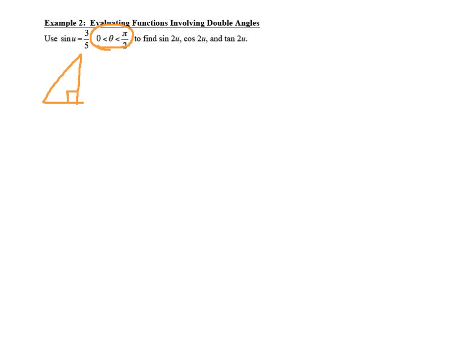And then if your theta is down in the triangle here, then that means your sine is 3/5, because that is your opposite and your hypotenuse. So that means you have a 3, 4, 5 triangle. So now when we want to find the sine of 2u, we have to use our formula that's given. So the sine of 2u,